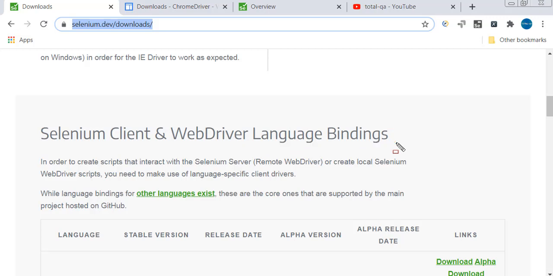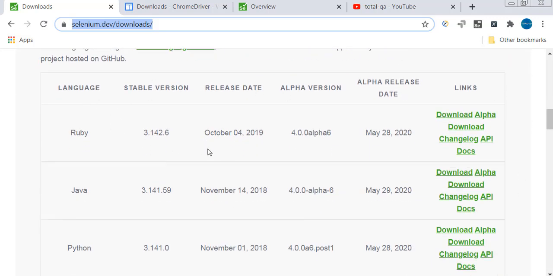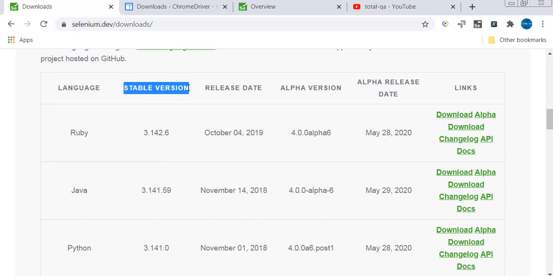In this section, there is a table, an HTML table. If you look into this, it has a stable version and an alpha version. The stable version was released on November 14th, 2018, and the not-stable version, which is the alpha version, was released on May 29, 2020.